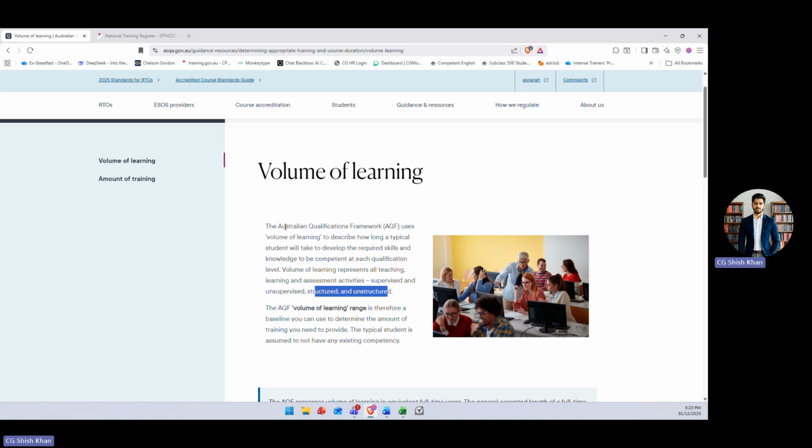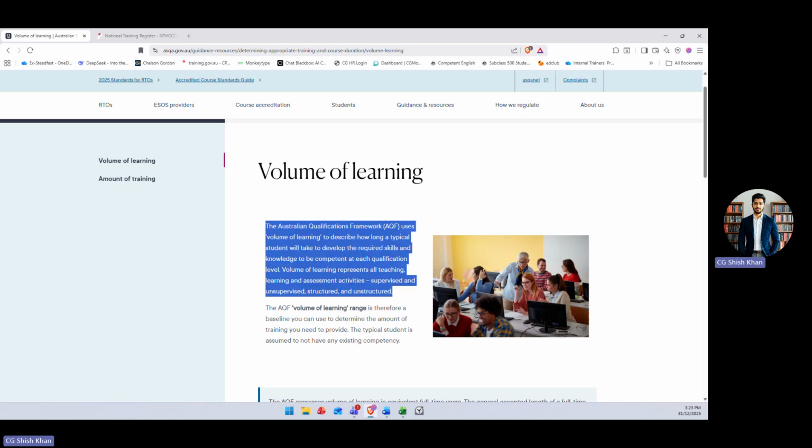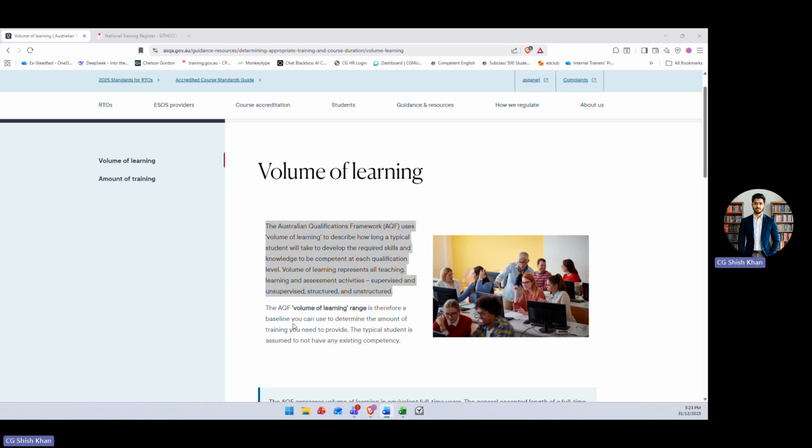What this basically means is when the AQF talks about volume of learning, it simply means the total time and effort a typical student needs to complete a qualification and become competent in that. This includes everything involved in learning, not just the time in the classroom, but also the self study, training and assessment, the assignments, the practical training and assessments, both supervised and unsupervised. So overall, it's an estimated time of how long it usually takes the student to gain the required skills and